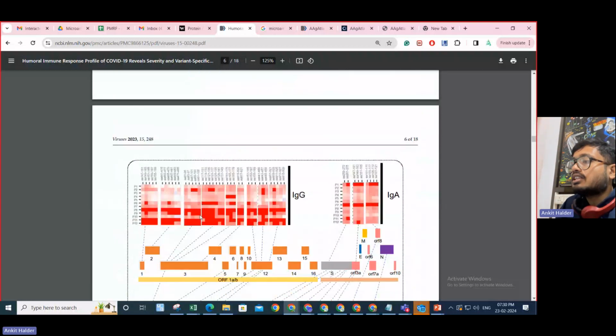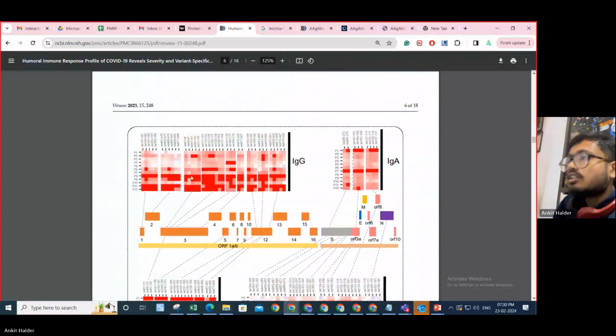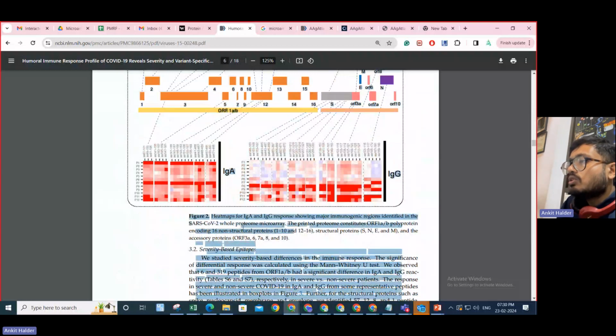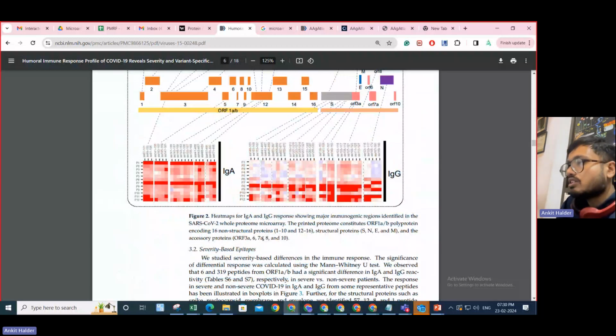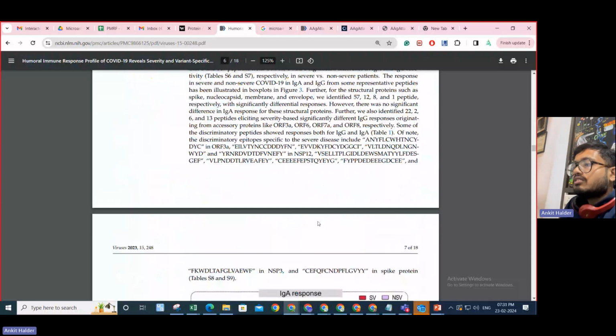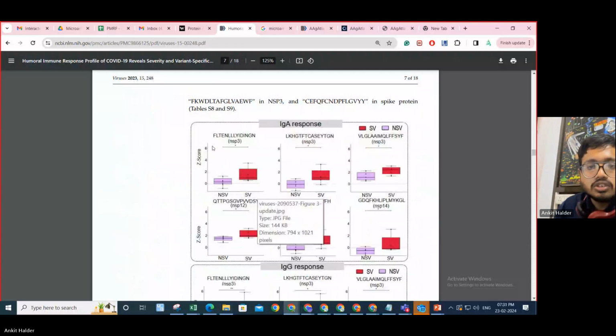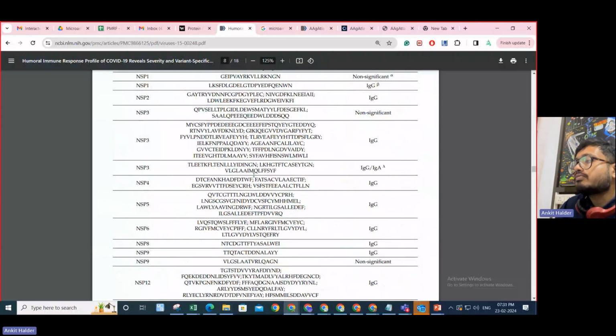So just see the expression of the IgG and IgA, what they have told. The heat maps show major immunogenic regions identified in the SARS-CoV-2 whole proteome microarray, which constitutes the polyprotein encoding 16 non-structural proteins, the structural proteins and the accessory proteins, and then finally some severity-based response. You can see the differential expression of those particular peptides which are showing